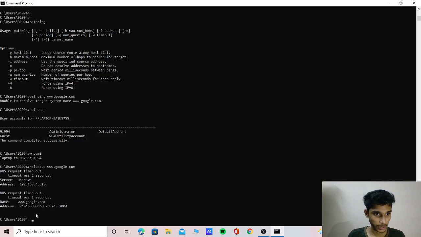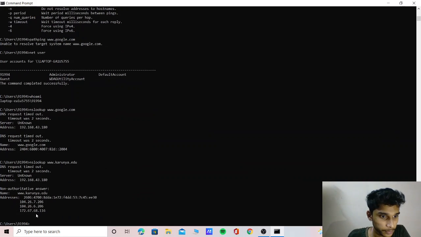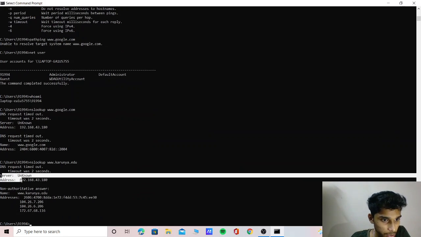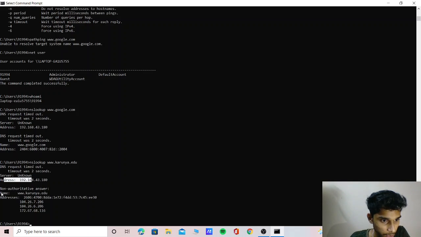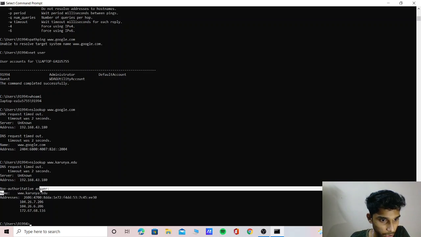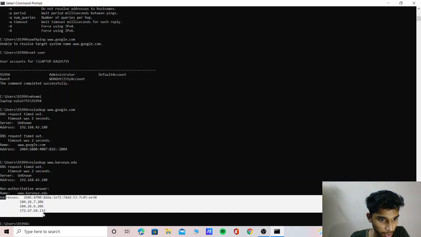Then like that we can also see nslookup for Karunya. It shows that the server is unknown, then the address is here, then the name is karunya.edu, then the address is here.